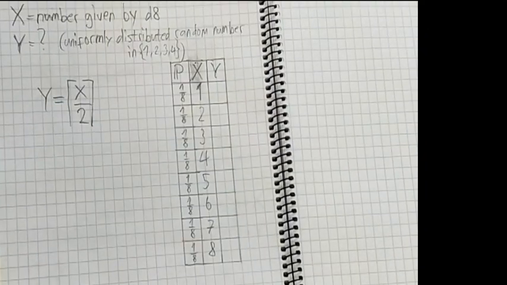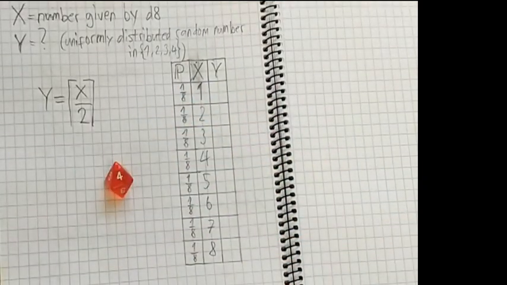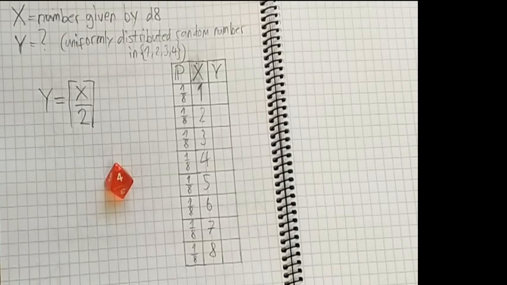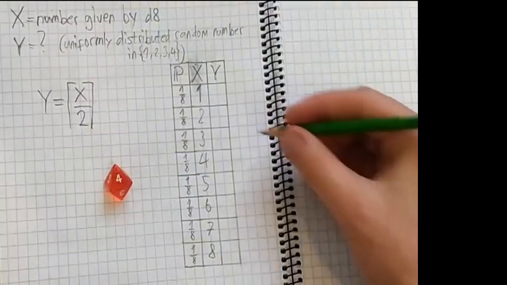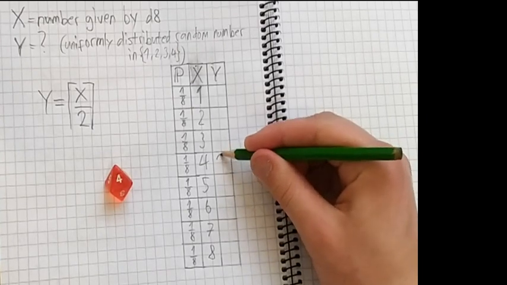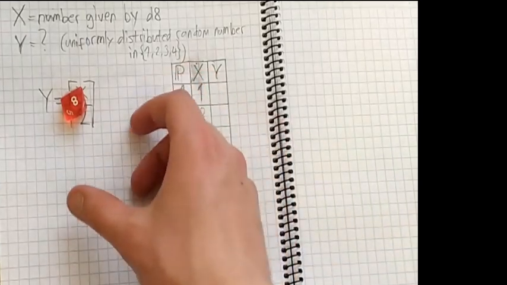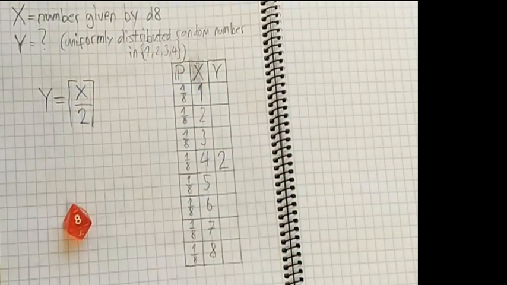So let's throw for some insight. So we got a 4, and we see that 4 divided by 2 is 2, and the ceiling function of 2 is 2, so we have actually thrown a 2, and we can mark this here. That's a 2, and let's throw again. 8. Well, 8 divided by 2 is 4, and the ceiling function of 4 equals 4 as well,